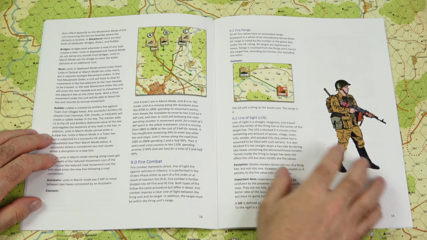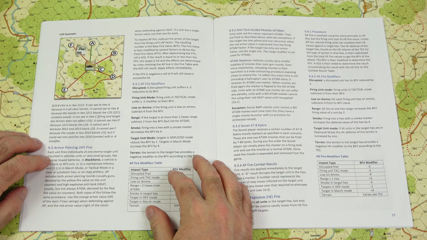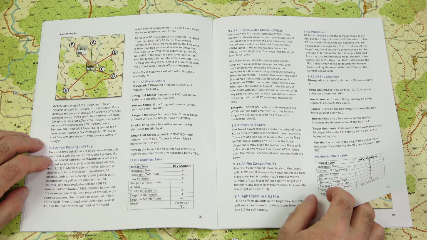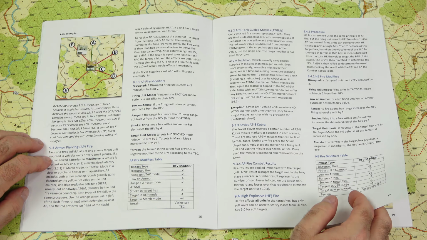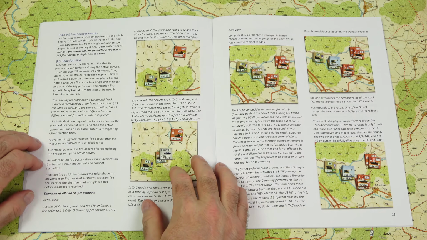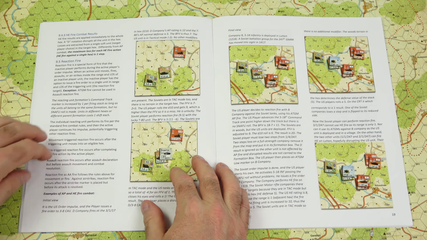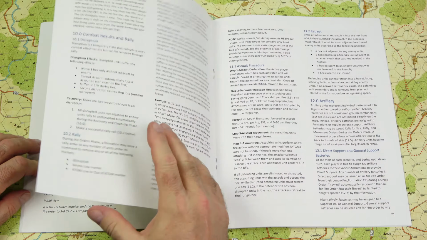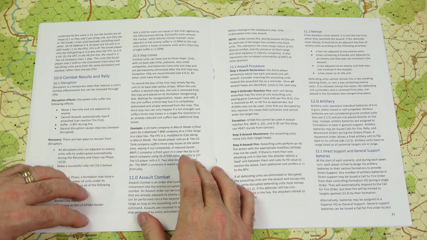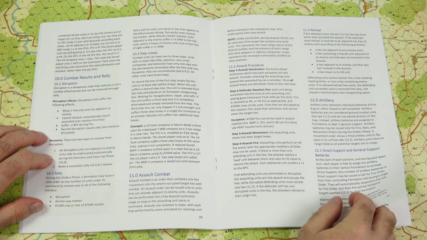Fire combat, another illustrated example for that. Line of sight, armor piercing fire, AP fire modifiers table, Soviet AT-8 Cobra, fire combat results, HE fire modifiers, HE modifiers table. And we get into the HE fire combat results, reaction fire, and then some examples of AP and HE fire here. Combat results in rally, disruption, rally, step losses, assault combat, assault procedure, retreat, artillery, direct support and